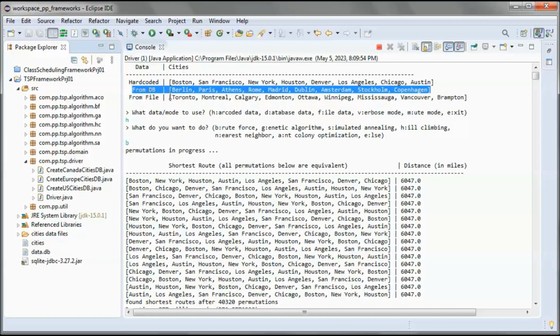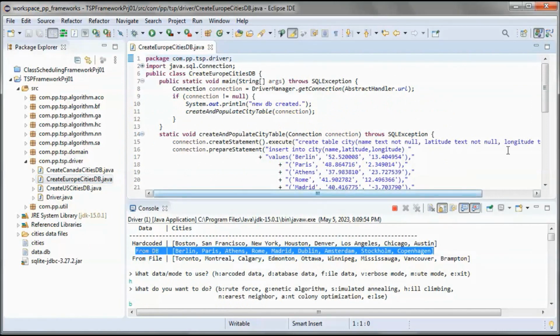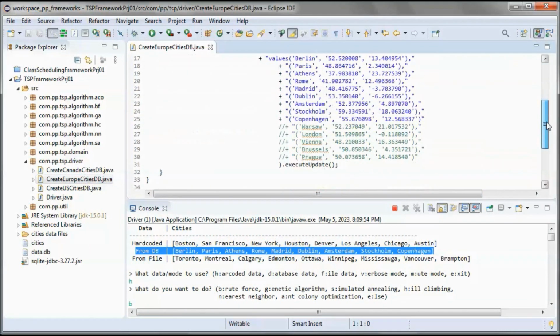So let's go to this script that creates the European cities, and maybe remove those two and add those two.